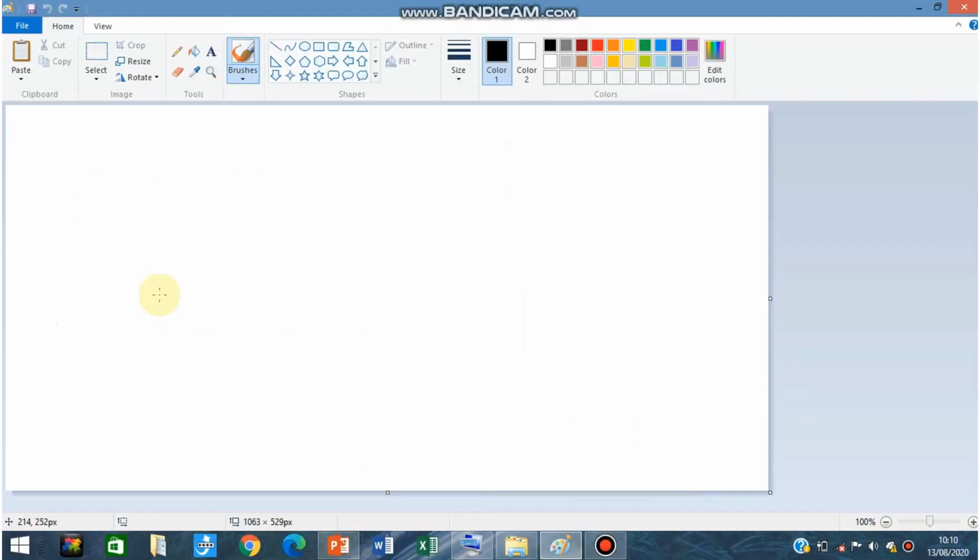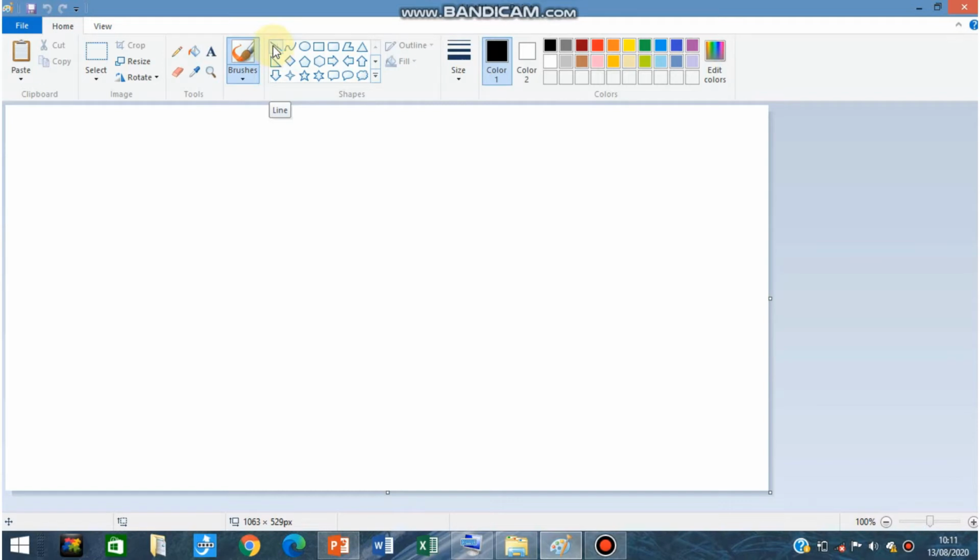Fine. This is the Paint application that I have opened. At the top of the Paint application, this is the ribbon present. As you can see on screen, inside that whole ribbon there is one section of shapes. Now inside this shapes section, first we will see the line tool. By looking at the icon from the shapes tools, you can identify easily which is the line tool.